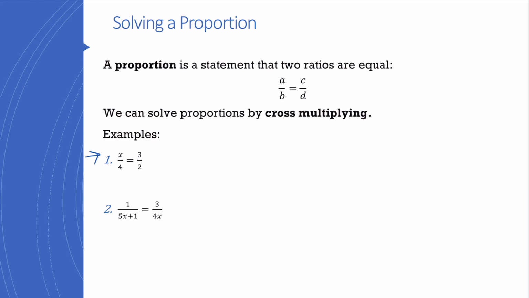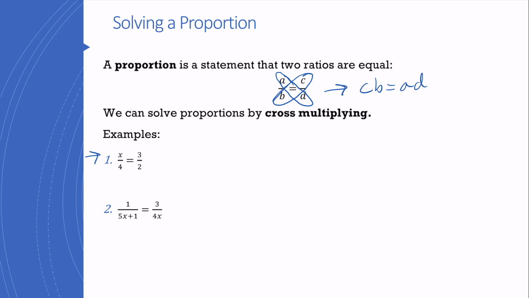But if you didn't see it right away, or if it was a more complicated problem, we could do it by cross multiplying. And cross multiplying is when I take the numerator of one times the denominator of the other, and vice versa. So you get something like CB equals AD, and those are going to both be equivalent as well